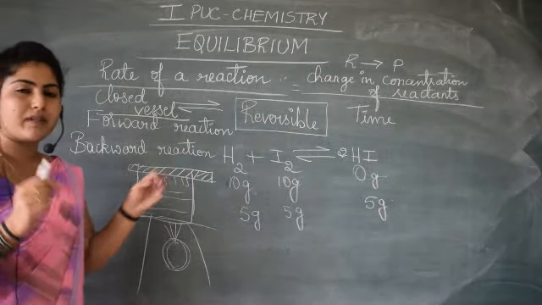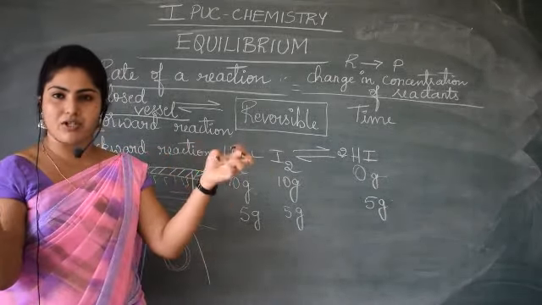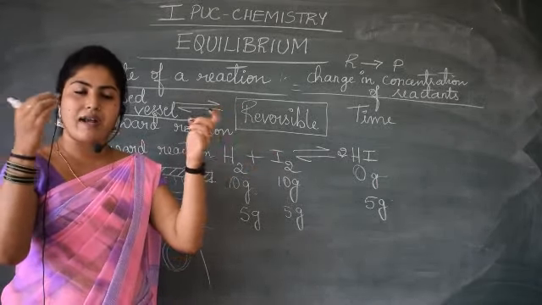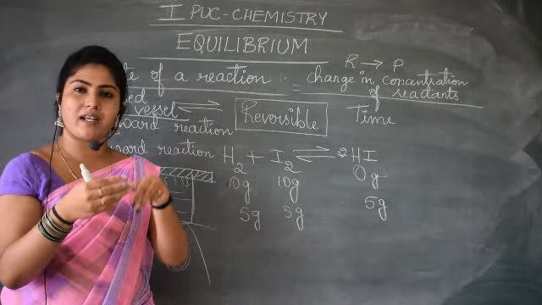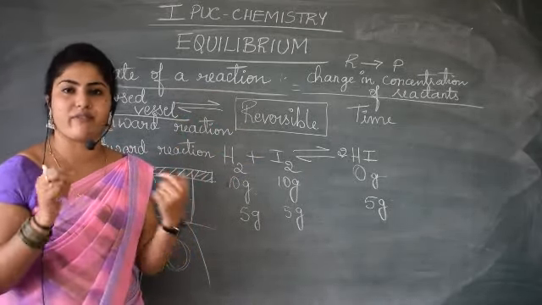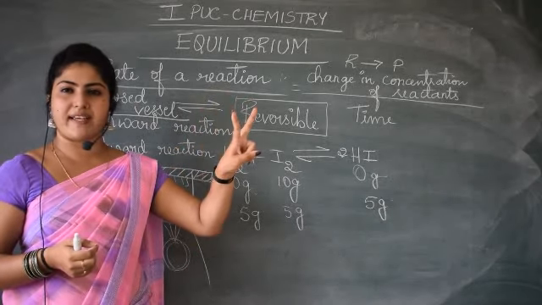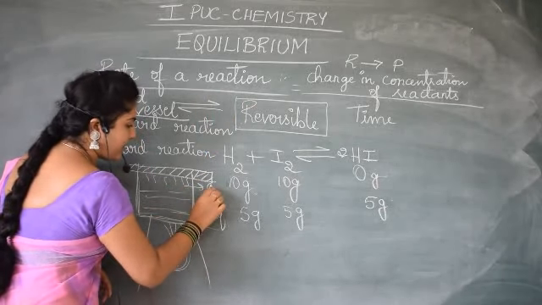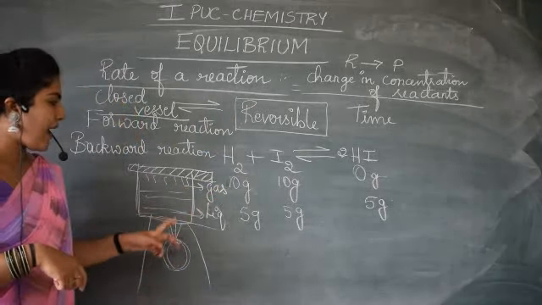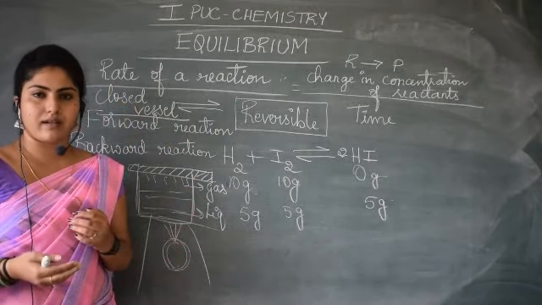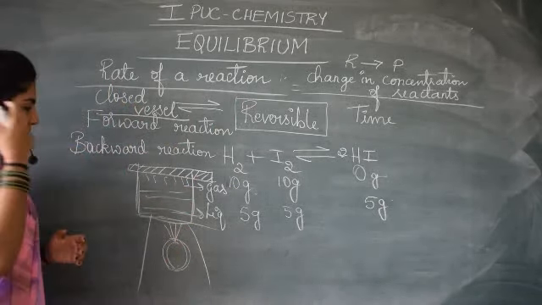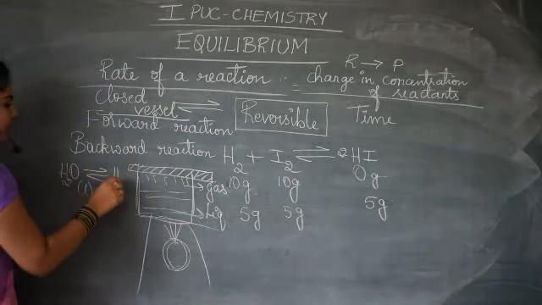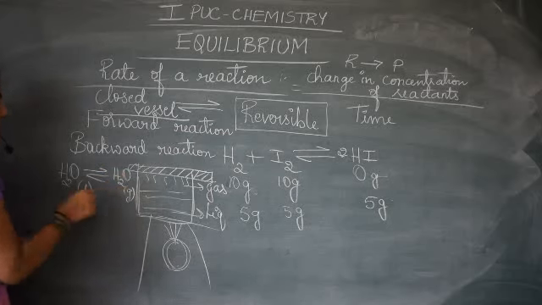Now what happens to the vapors? Vapors means water in the gaseous form. It will start moving, it collides with each other, and when it comes to the surface of the liquid, a few of the molecules may convert into liquid phase again. So you have two phases there. One is liquid phase, the other one is gaseous phase. So this process will continue. Water in liquid state is getting converted into water in gaseous state, that is water vapor.